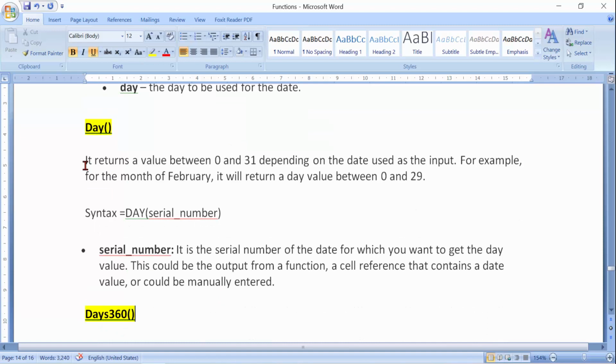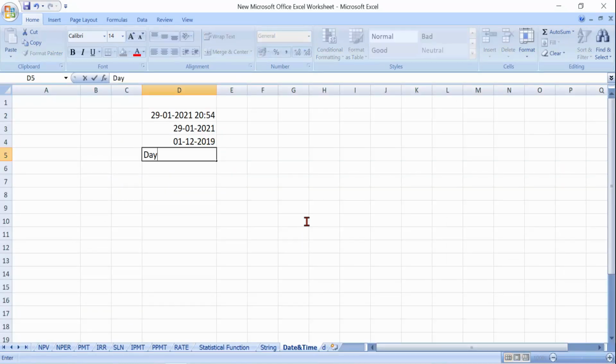Now it returns a value. This function returns a value between 1 to 31, that is the day of the month, depending on the date used as input. So you have to take one date as input and it will find and display the particular day. Like, how many days are there in February? 0 to 29. So it will display any one day out of 0 to 29. Like if I write DAY